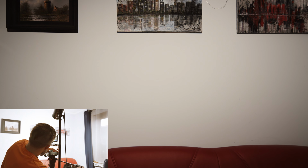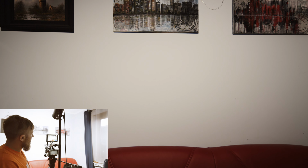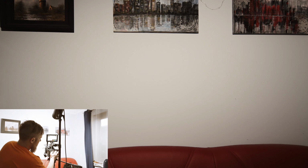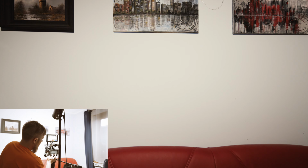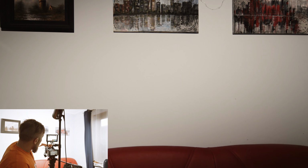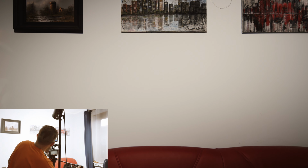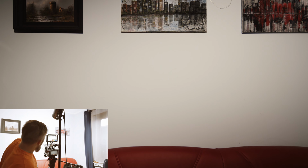Hard to say. The corners are darker, but they might be darker because the lens is wide open, so there is some vignetting from the lens. Anyway, without the LUT it doesn't seem to have a cross pattern. 4 stops in, so another stop, and then I have to compensate with the ND filter. So we are 5 stops in, and to be honest, maybe there is a small thing